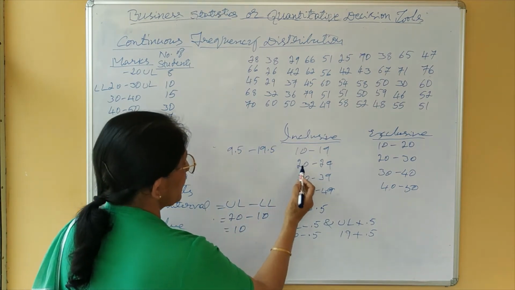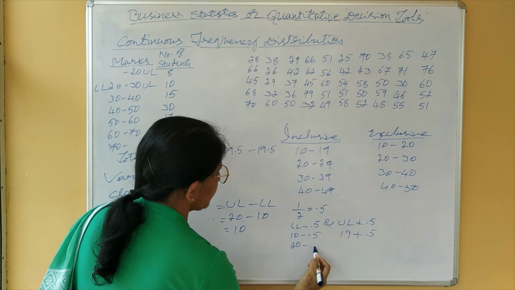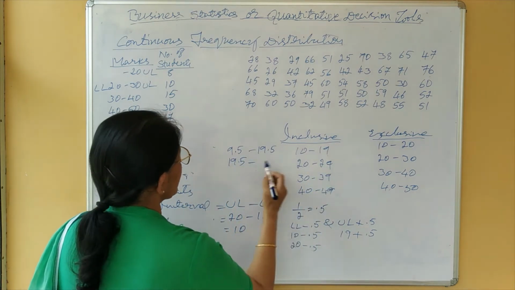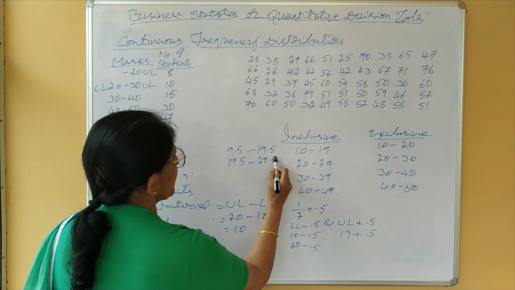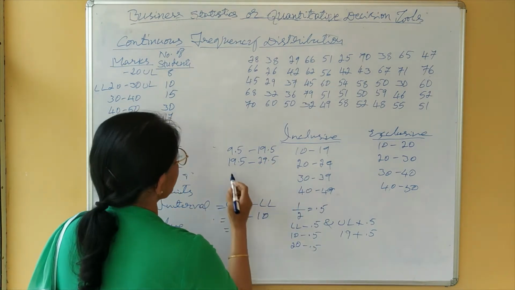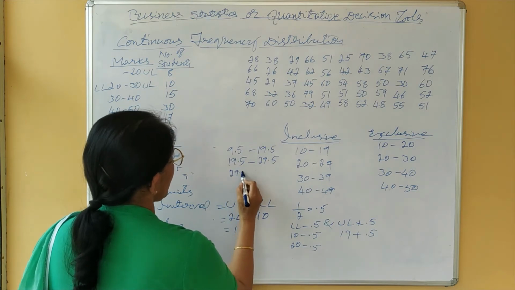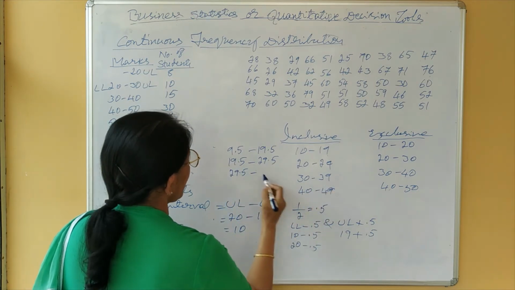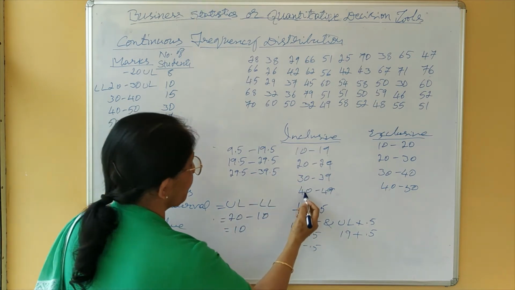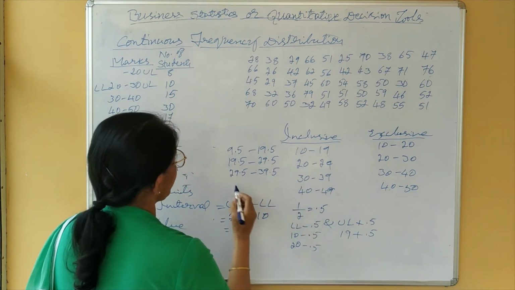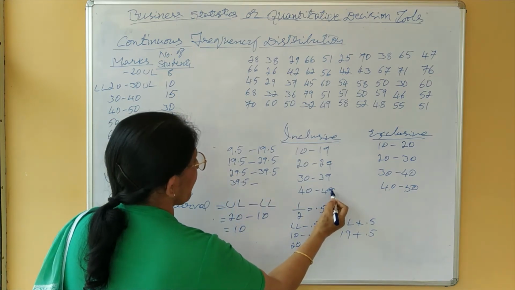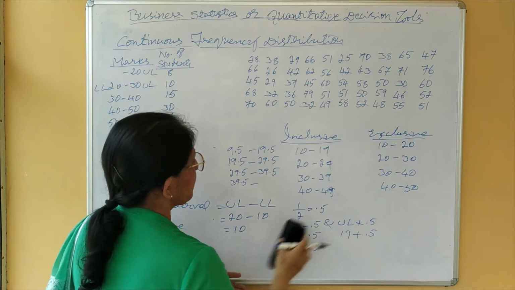Next 20 minus 0.5, how much? 19.5. 29 plus 0.5, 29.5. 30 minus 0.5, 29.5. 39 plus 0.5, 39.5. 40 minus 0.5, 39.5. 49 plus 0.5,